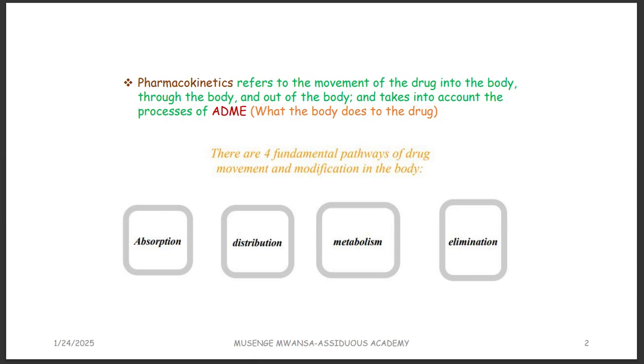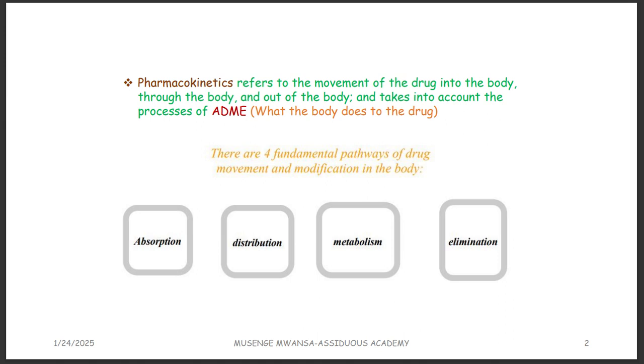And then, if you want to stop the work of a drug, you can break down the drug. That's metabolism. Now, metabolism can also happen for drugs that are taken and they are inactive, to activate them. So, when the drug has finished doing the function in the body, it is going to be removed from the body either by the liver, the kidney, the lungs, and that is elimination. So these are the four steps or the four processes of pharmacokinetics, abbreviated as ADME: